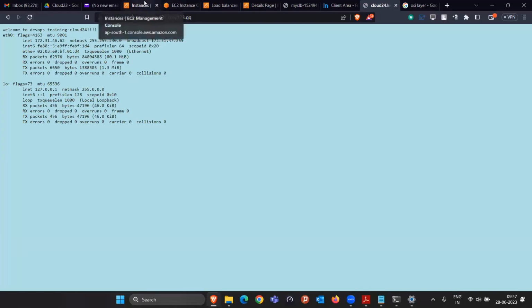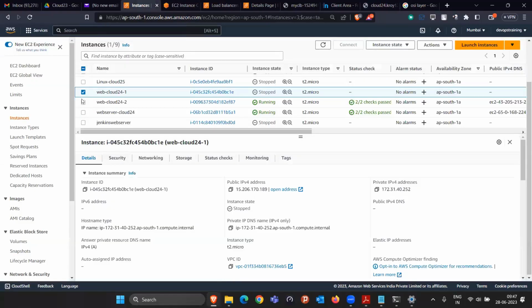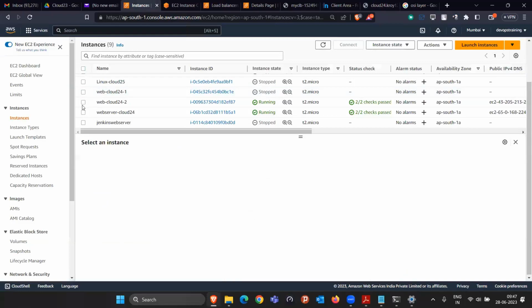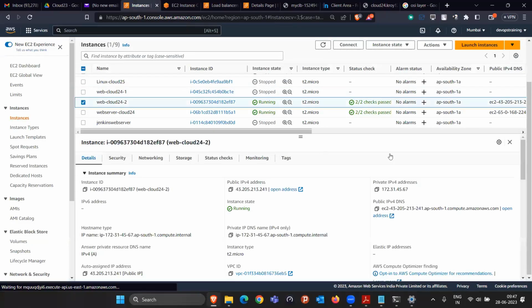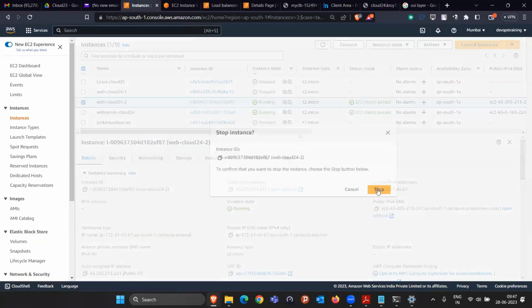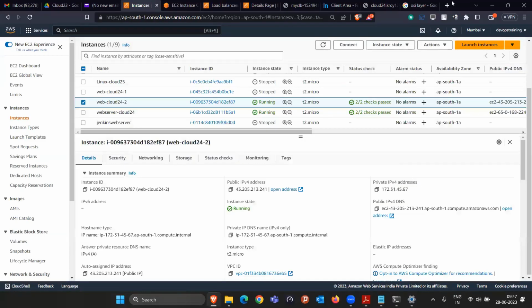Even take an example, I am shutting down one more machine. So this machine is stopped. I am shutting down this machine also. This IP is 45.67. I am shutting down that also. As soon as I am shutting down 45.67,